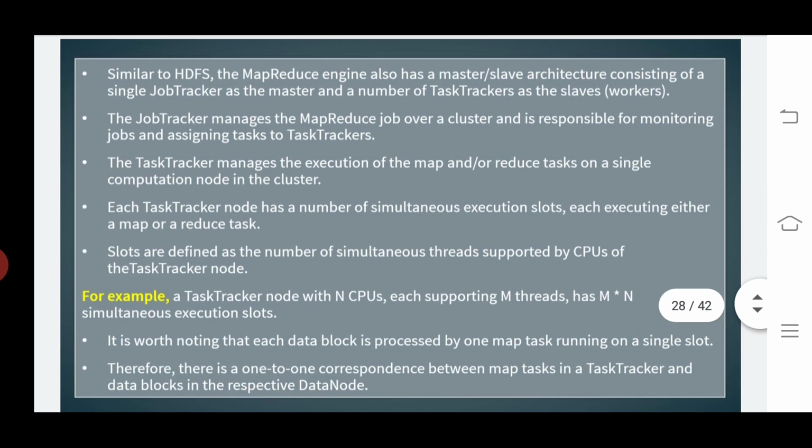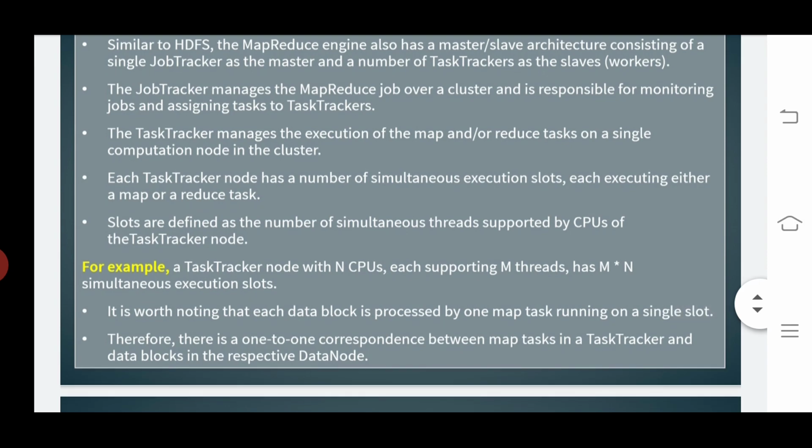Now let us learn the key points. Similar to the Hadoop file system, the MapReduce engine also has a master or slave architecture.